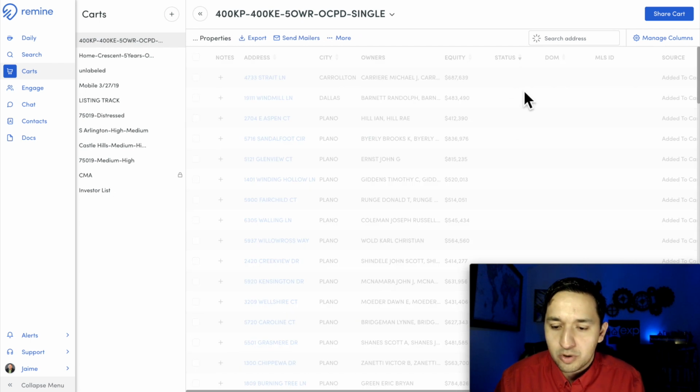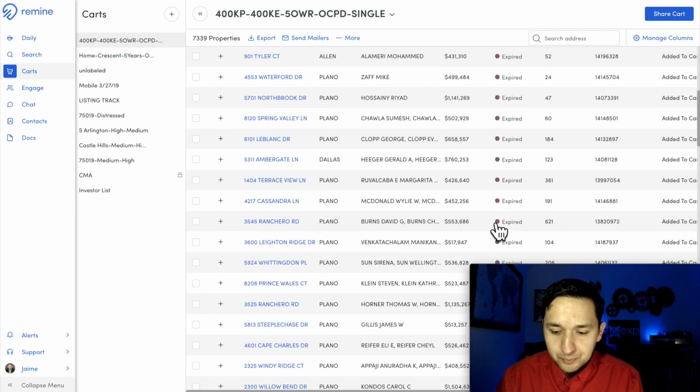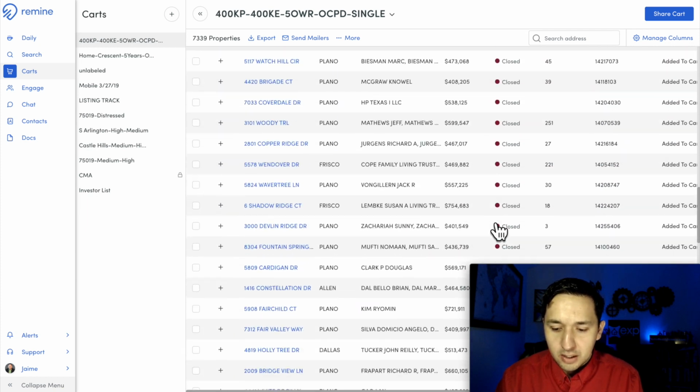Let me toggle it one more time. It filtered in reverse. Depending on if you want to do it here or in the CSV file that you're going to download, you're going to exclude these from your list because they're already on the market or have recently been on the market. So you see here pending, expired, closed,